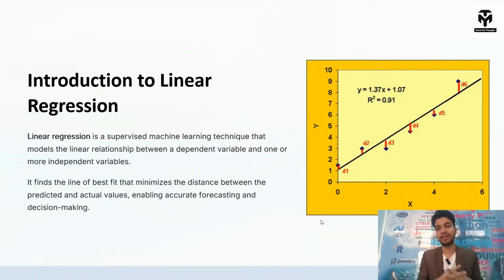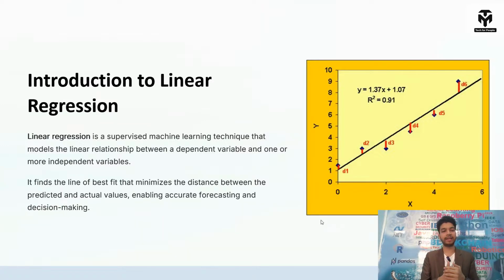Basically, linear regression works on the statistical principle of y equals mx plus c. You can even write it with beta and theta terms. There are multiple other equations to define it, but for your understanding, please know that y equals mx plus c is the equation of your linear regression line. The aim is to find the best fit line which passes as close as possible to all the data points so that the error can be minimized. So this is the concept involved in linear regression.